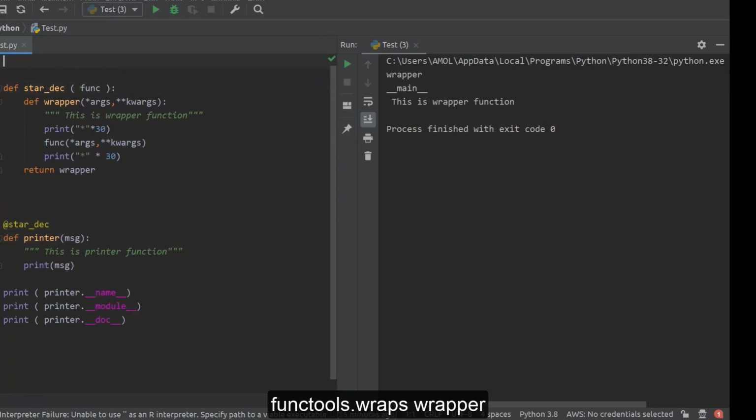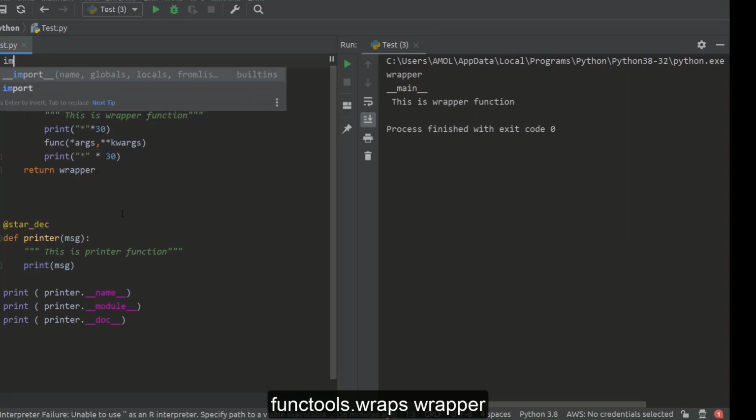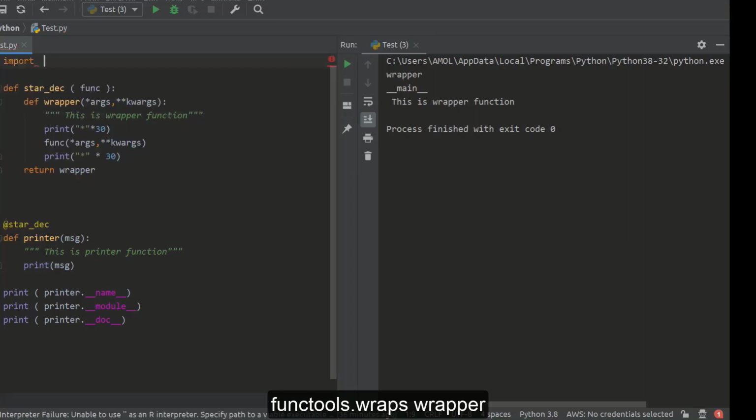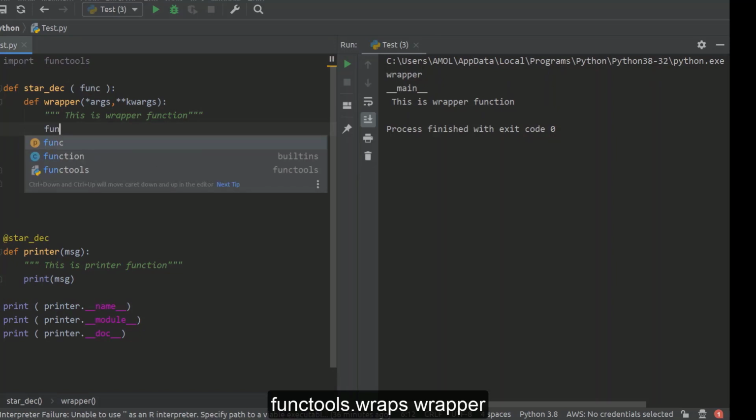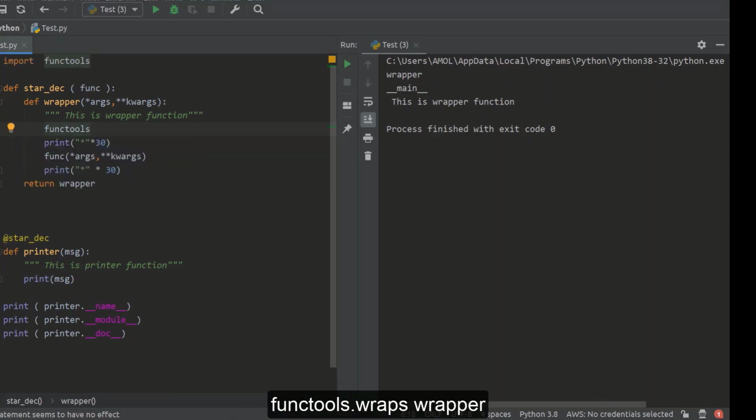See here what exactly the solution is. First, we will import one package. Let's say import functools. This is the package we are using, and in this functools package there is one wrapper defined for this purpose. This is the name of the wrapper: wraps.